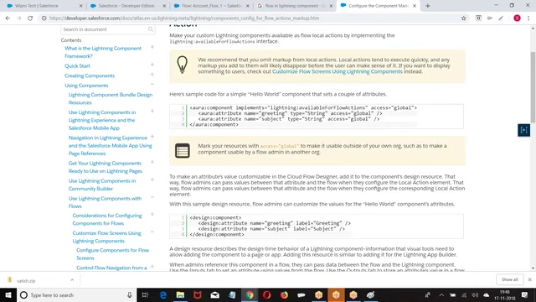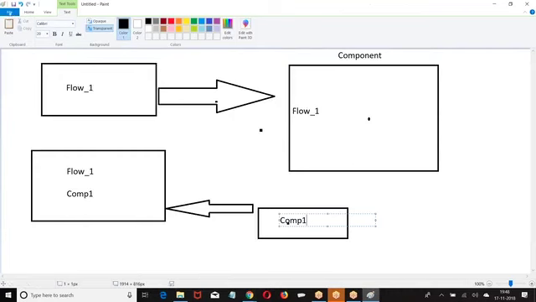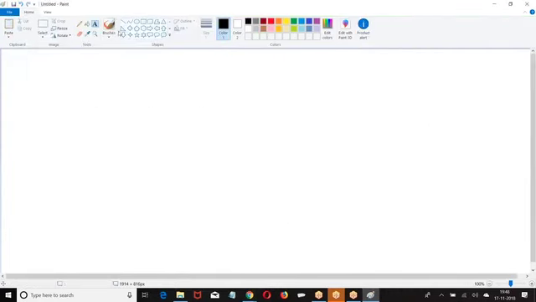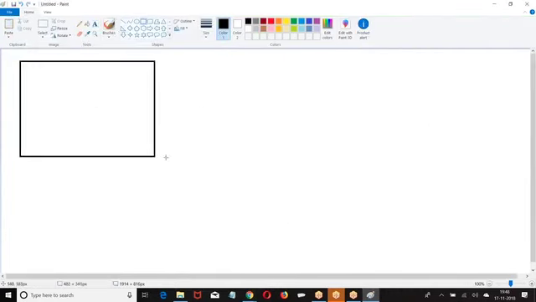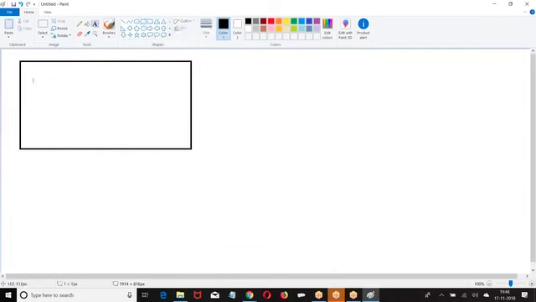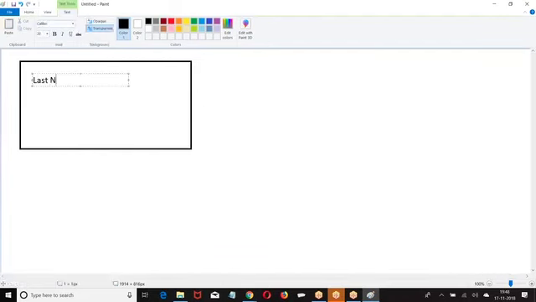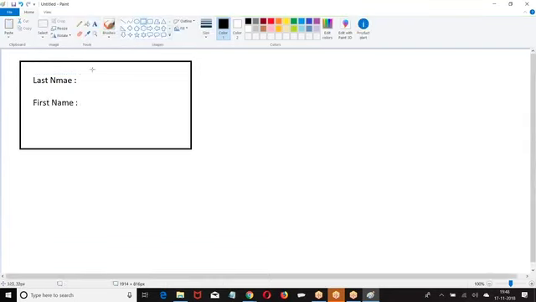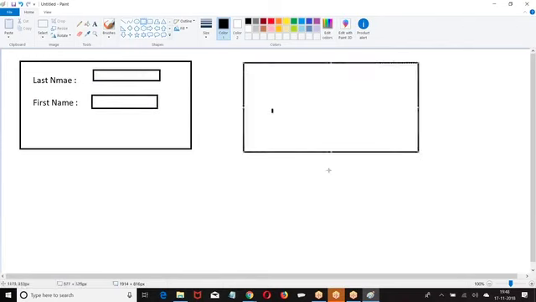See, now what you can do is something like this. I can design step number 1, which will take last name, first name. It will take the data. In step number 2, I added a component.